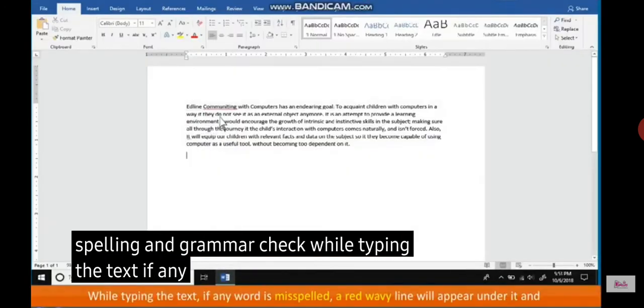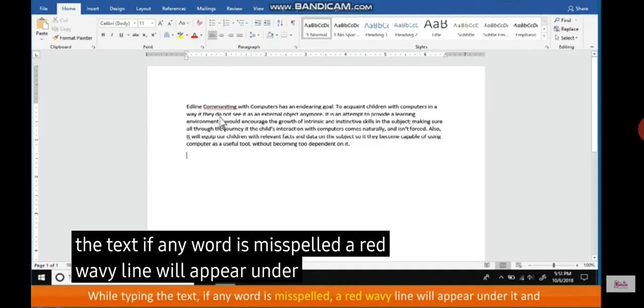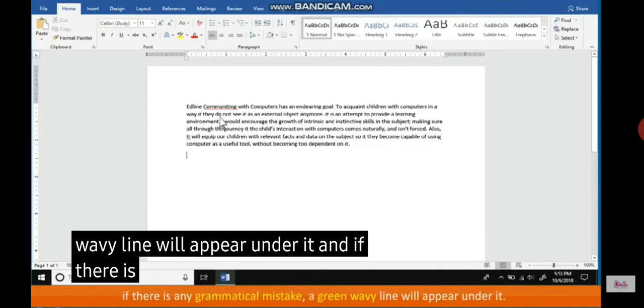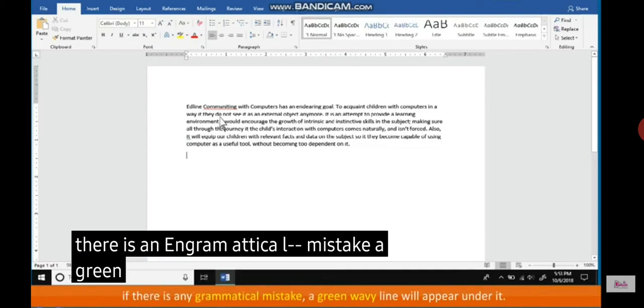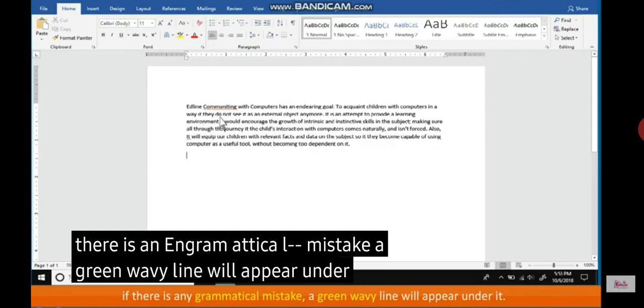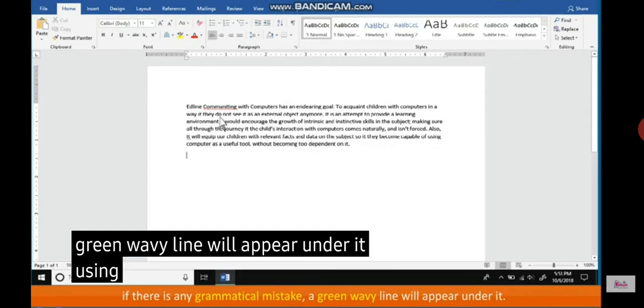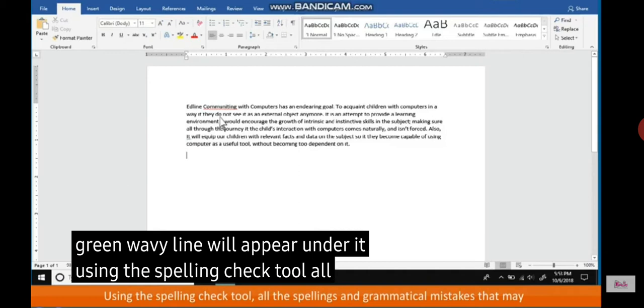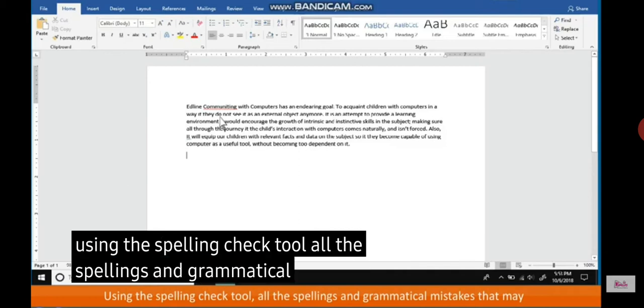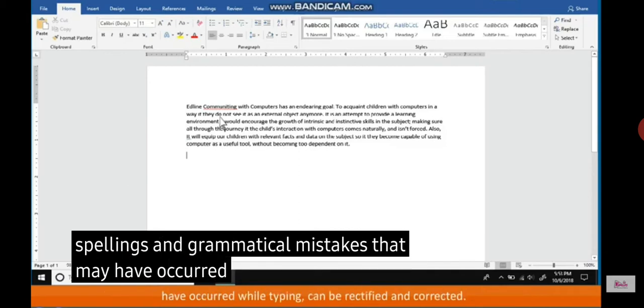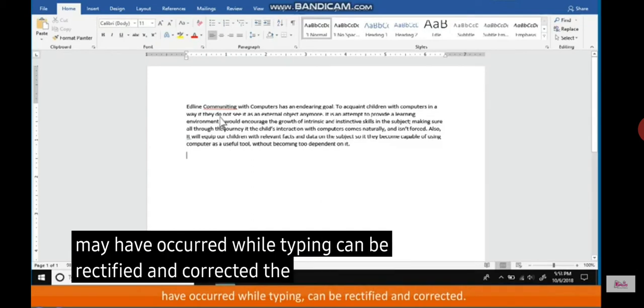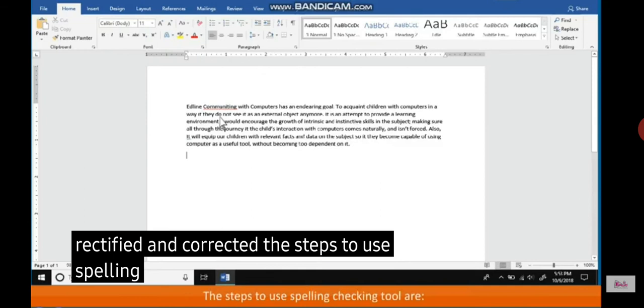Next is Spelling and grammar check. While typing the text, if any word is misspelled, a red wavy line will appear under it, and if there is any grammatical mistake, a green wavy line will appear under it. Using the spelling check tool, all the spellings and grammatical mistakes that may have occurred while typing can be rectified and corrected. The steps to use